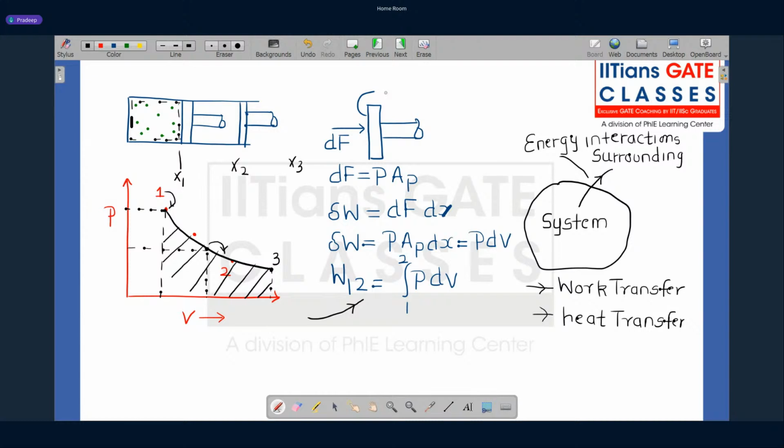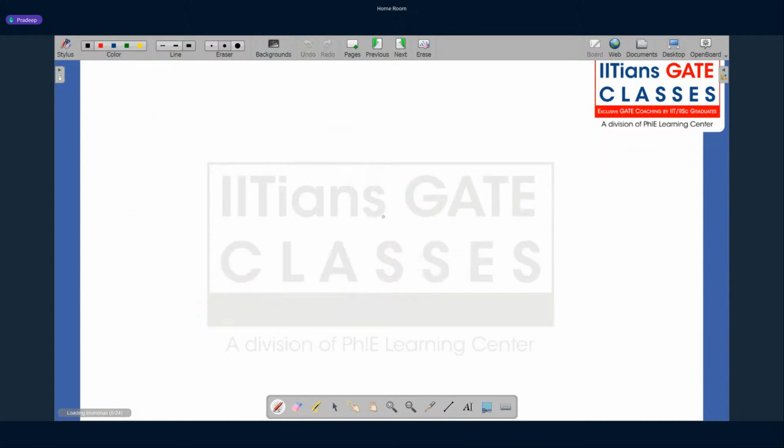Right now, we are talking about closed system where there is no mass transfer, and we are trying to develop the concept of energy interaction. And one of the energy interactions which we are talking about is work transfer. Okay, let's go ahead and look into this. Okay, so now we know that the displacement work is given by